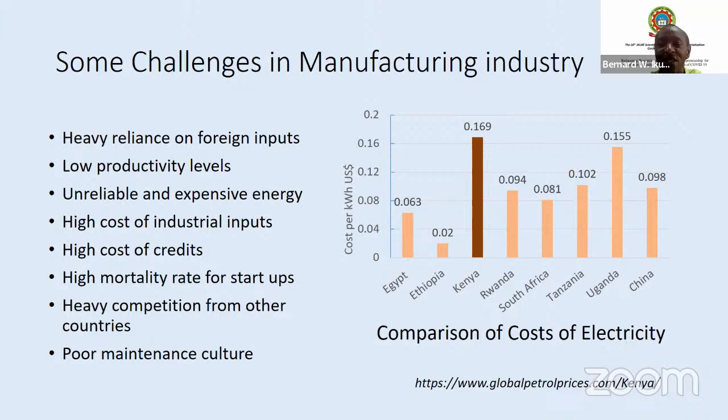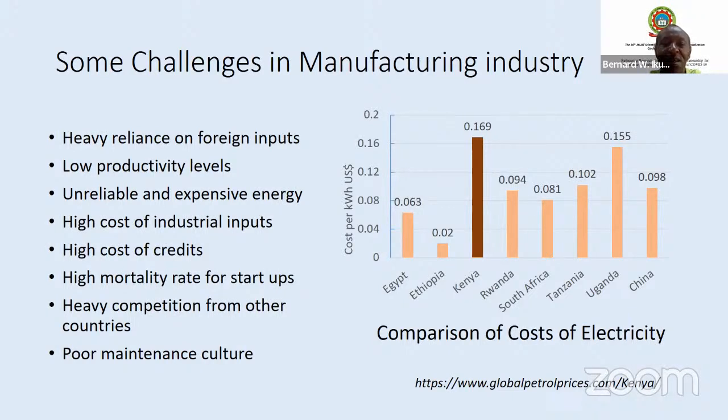And when you compare with others, our neighbors, like Tanzania, is about 10 cents. Ethiopia actually is 2 cents. And Uganda is 15. Egypt, 6. And you can see other countries that are really doing well in manufacturing. I'm not leaving out China because China still becomes a benchmarking tool when it comes to manufacturing. It is at 9 cents. And let me mention here that manufacturing in some areas,